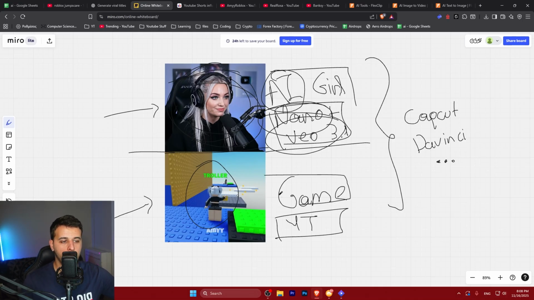The game below will be Roblox, but you can literally put any game you want. This is very simple to do. If you play GTA, if you play whatever other kind of game you want, you can just replace the gameplay below and the subject of the video. But the idea and the main thing we're going to be doing is getting this influencer done through the AI